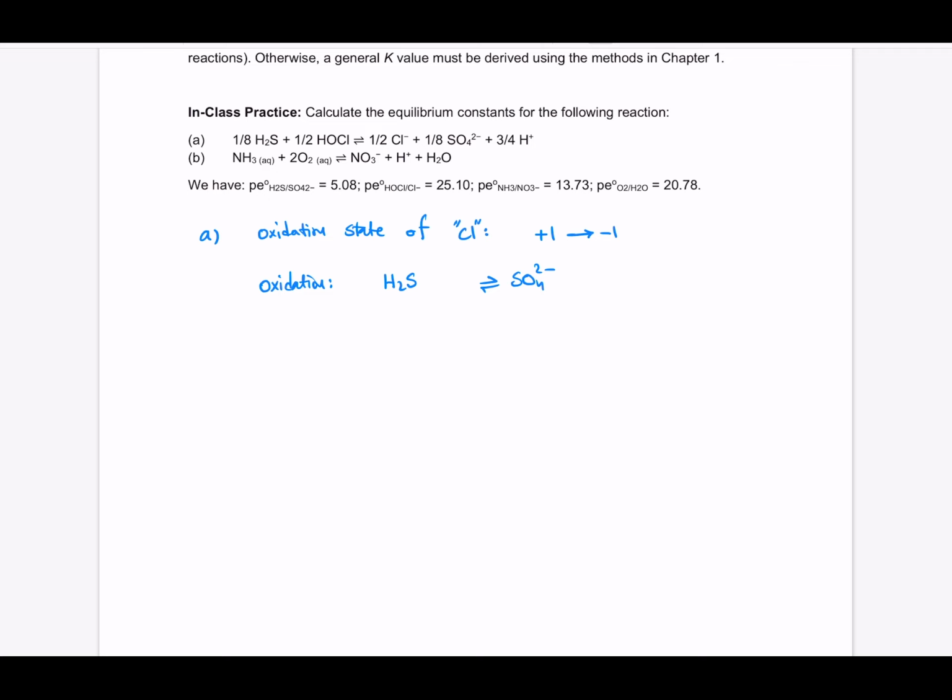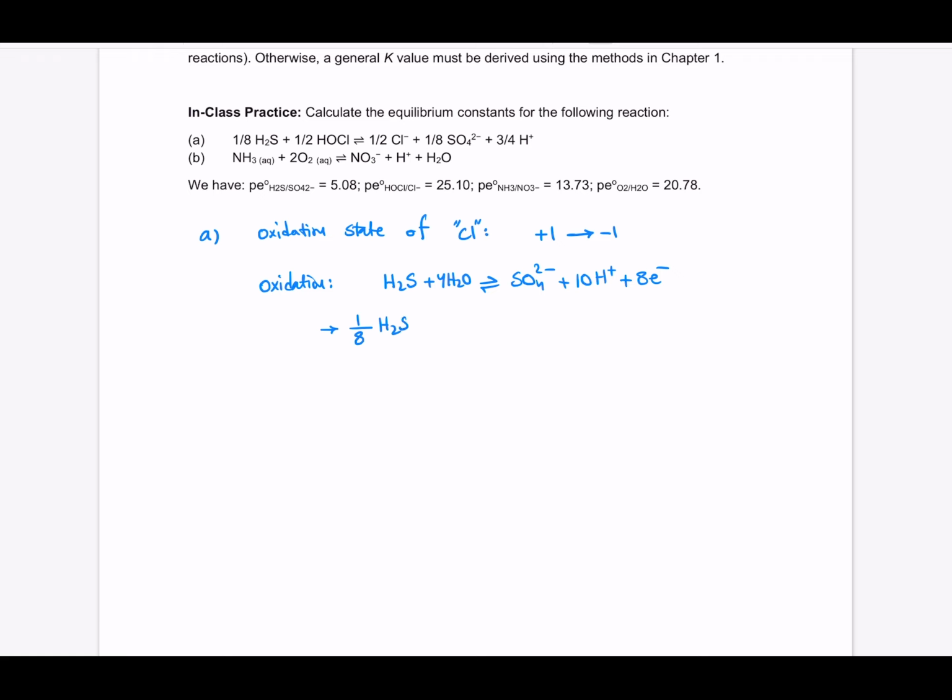And we now know how to balance a redox reaction based on what we've learned in the previous lecture. So this would be +4 water. On the other side, we get 10 protons and 8 electrons. So we don't have any K value representing this specific reaction, but we know we have E0 that represents the standard notation for this reaction. So we can make it divided by 8. So 1/8